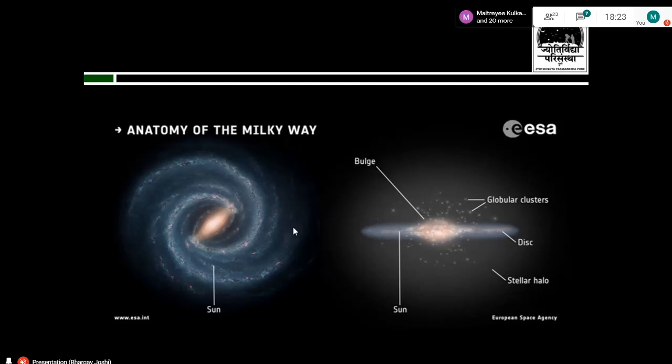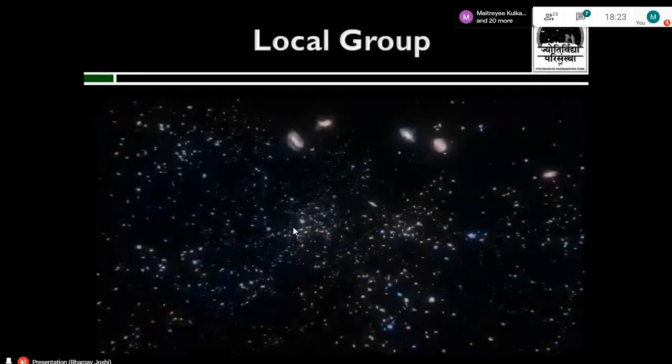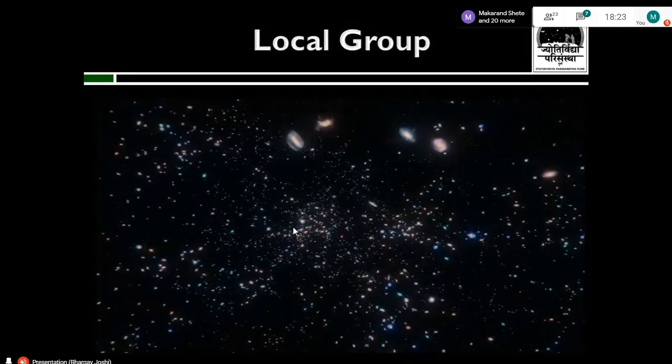And this is, of course, a diagrammatic representation. So, what lies beyond the Milky Way? Just like we have neighbors, even the Milky Way has a neighborhood of galaxies. The galaxies which are closer to the Milky Way are called the local group. It consists of almost 10 to hundreds of galaxies, and that is called the local group, the neighborhood of the Milky Way galaxy. This is the next line of cosmic address, but there is something beyond this,